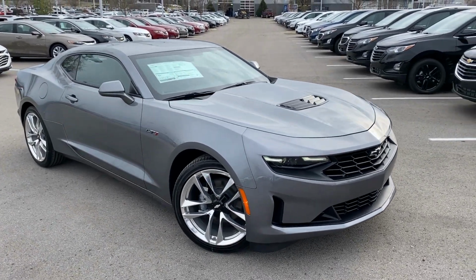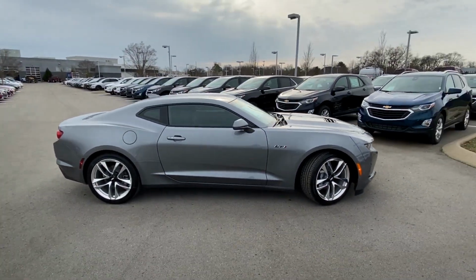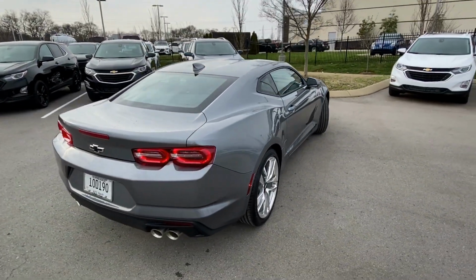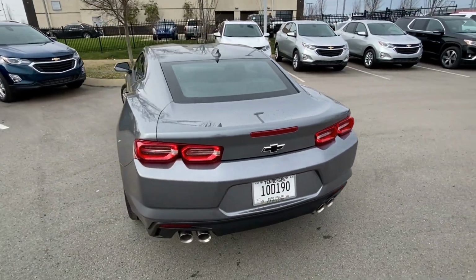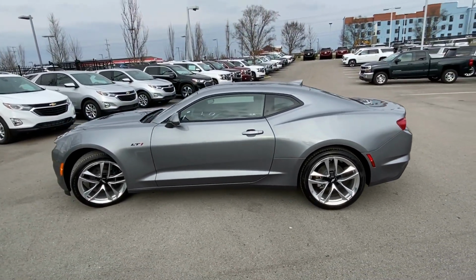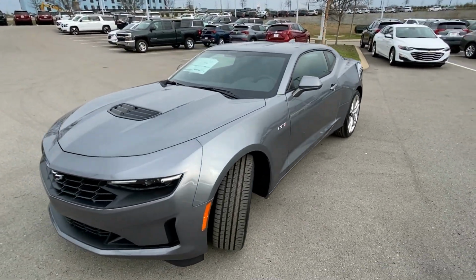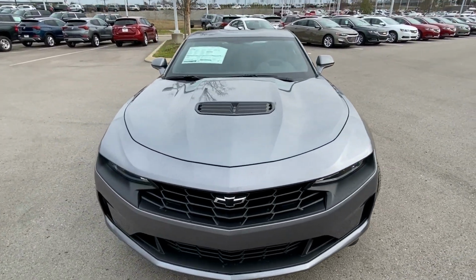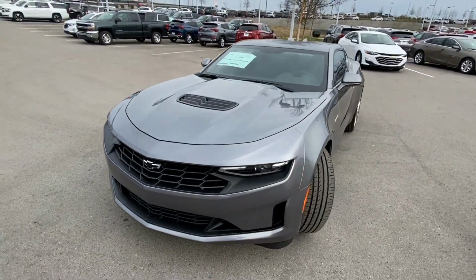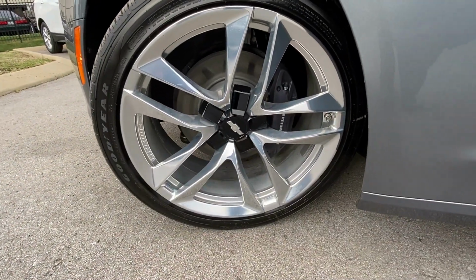Here we have the 2020 Chevy Camaro LT1 Coupe. And this Camaro is equipped with a 6.2 liter V8, mated to a 10-speed automatic transmission. You've got your 20-inch wheels, performance exhaust, Brembo brakes,